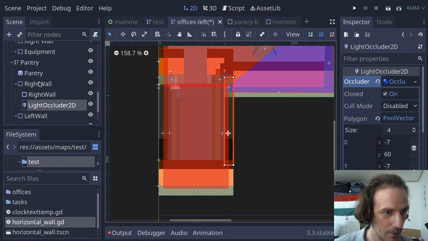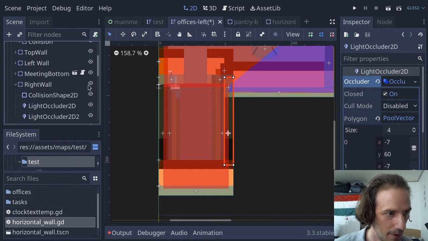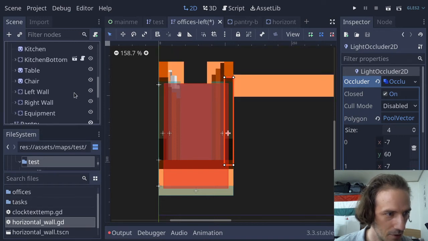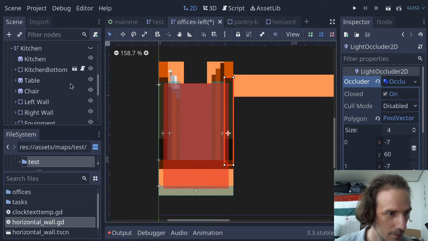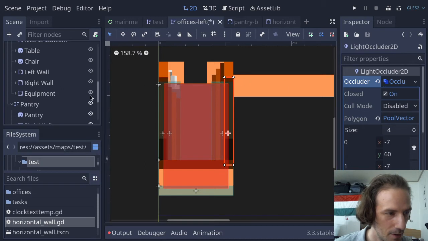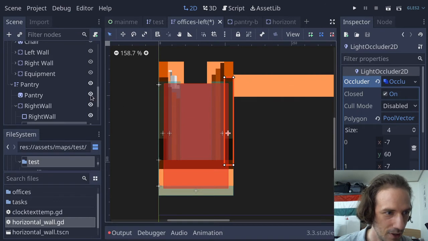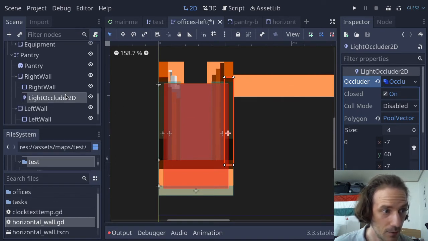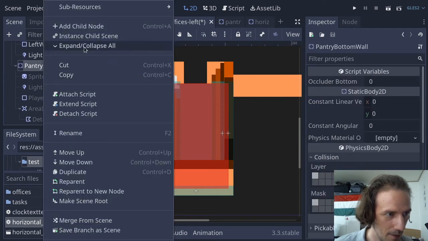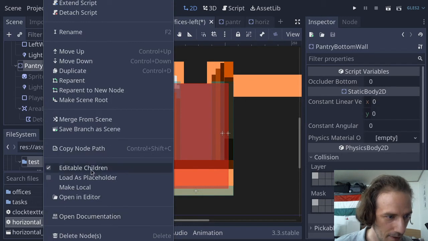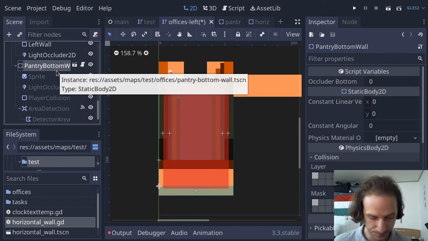But if we move to this, and let me just turn off everything else so it won't disturb us. And the kitchen bottom wall, why is it still visible there? Oh, because it's part of our pantry for some reason. Yeah, this is part of the pantry sprite for some reason. Anyways, what we need to take a look at here is this pantry bottom wall. So where is it? The editable children has to be turned on. So once the editable children is turned on, we can